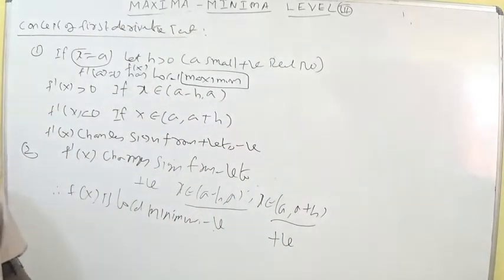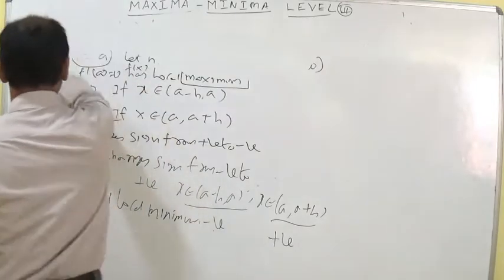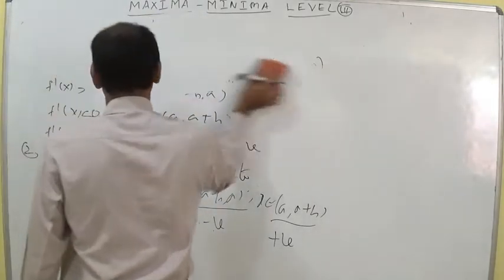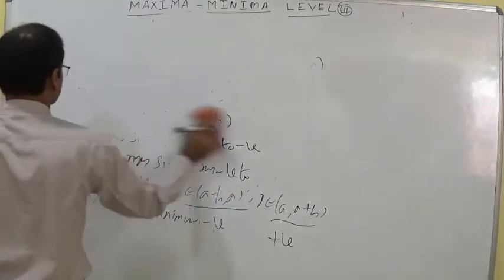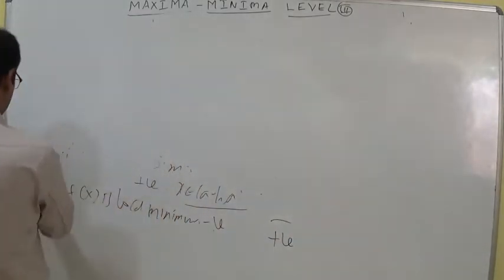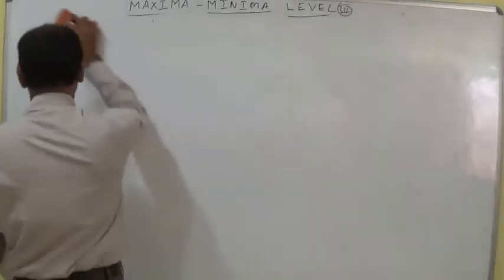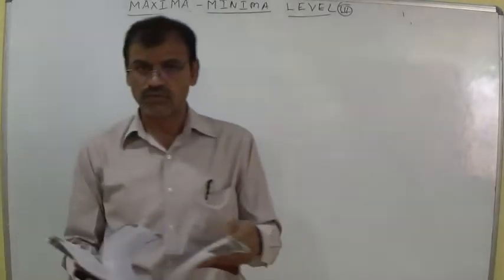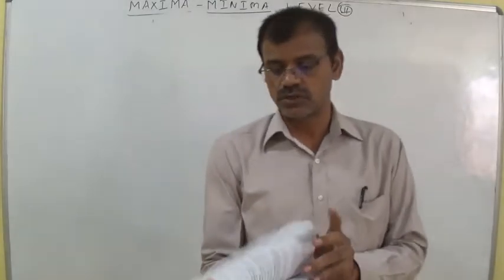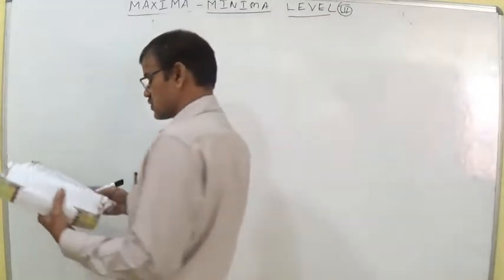Depending on this concept, we have the sums Level 3, 6th question, and Level 3, 6 and 8 also. So there is no need to calculate the second derivative here. If we apply the second derivative test and get the value of the second derivative as 0, then we will go for the first derivative. Let us discuss the 6th question.